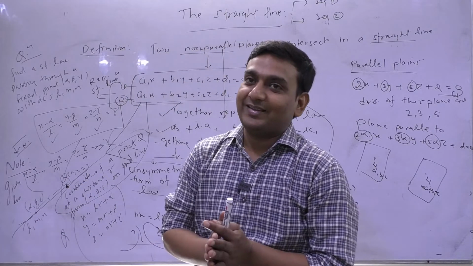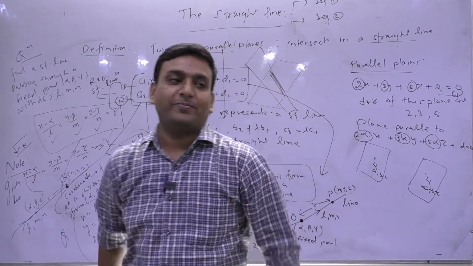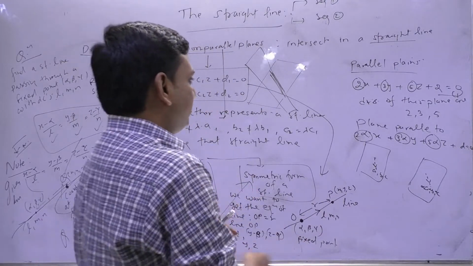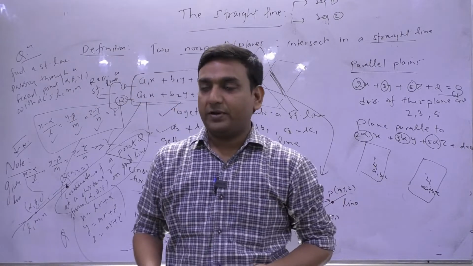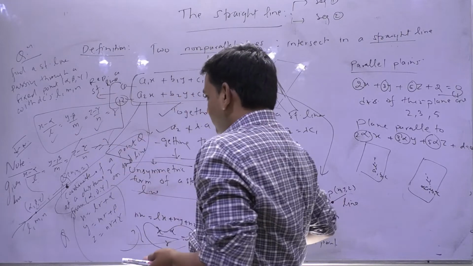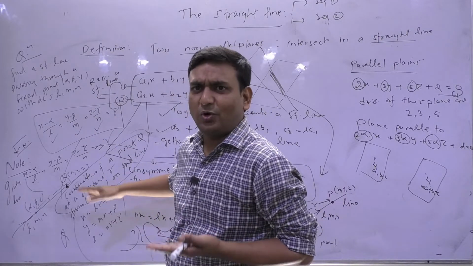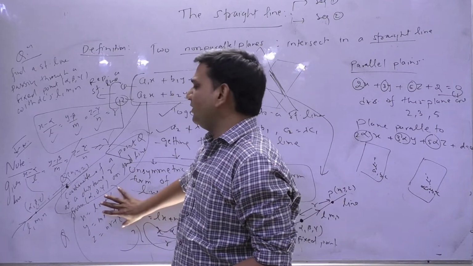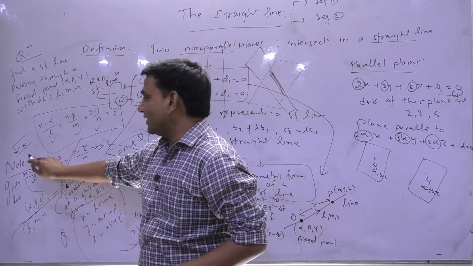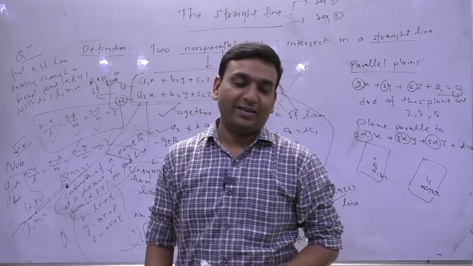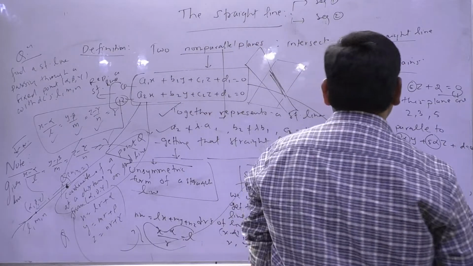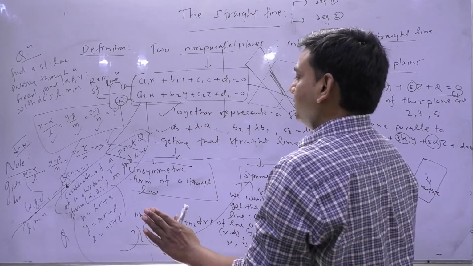Am I clear or not? Please do remember this form, because in this exercise, in this whole chapter, we will be using such things. In the cylinder itself, cone itself, everywhere we will be using this. That is why I mark a star here. Clear? So this picture is clear to you?